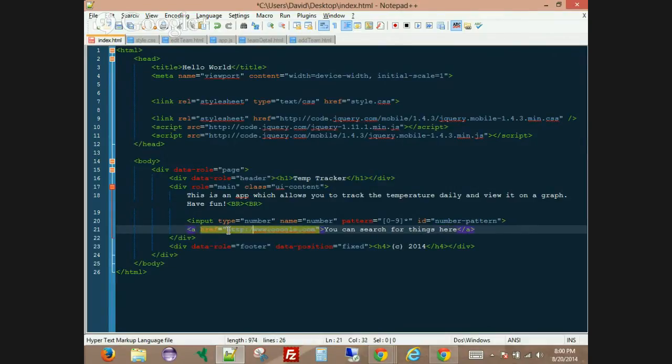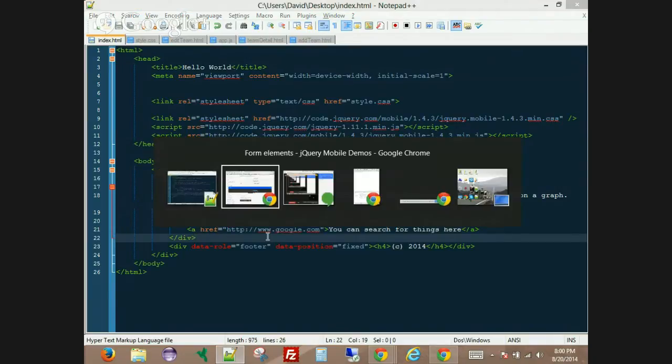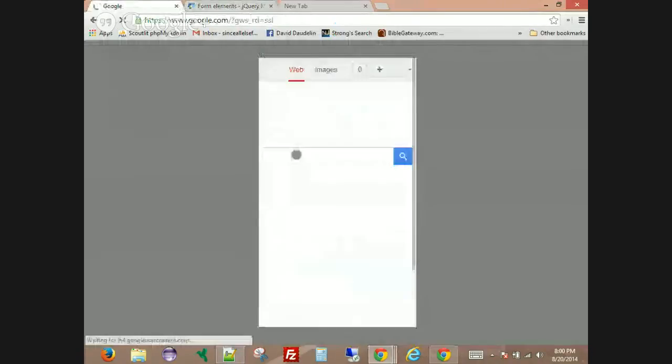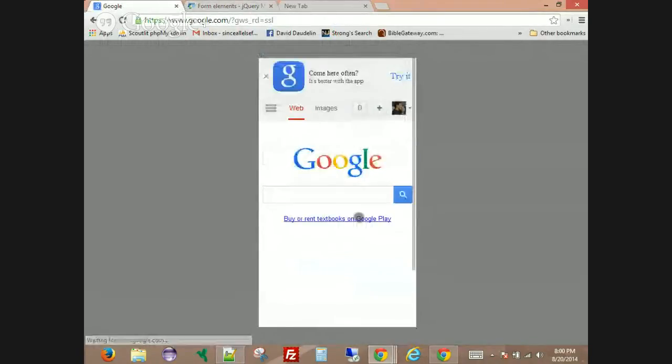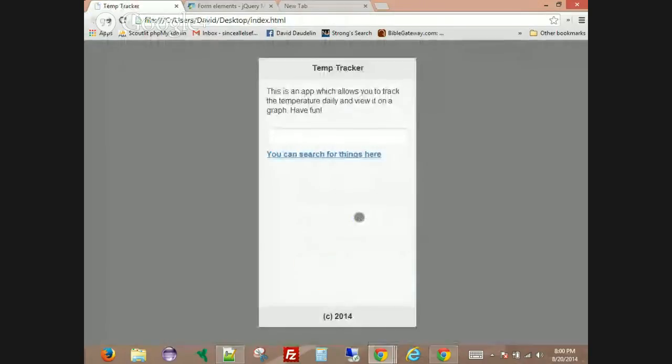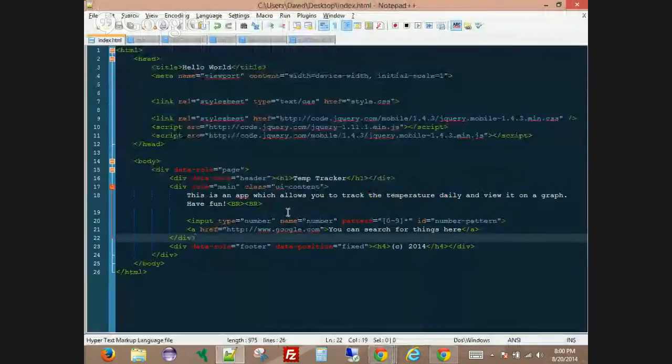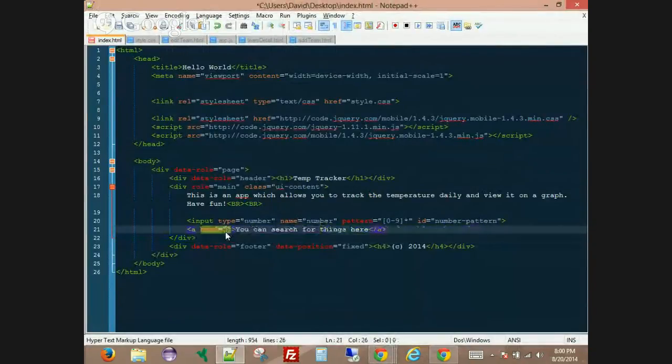And I believe I have to put the HTTP here too. And if I was to do this, I would get a regular link that when I click on it brings up Google. However, with jQuery Mobile, you can do something else. So I'm going to go ahead and just take this out because I don't want it to link to any page in particular. But you can add this thing that says data-role